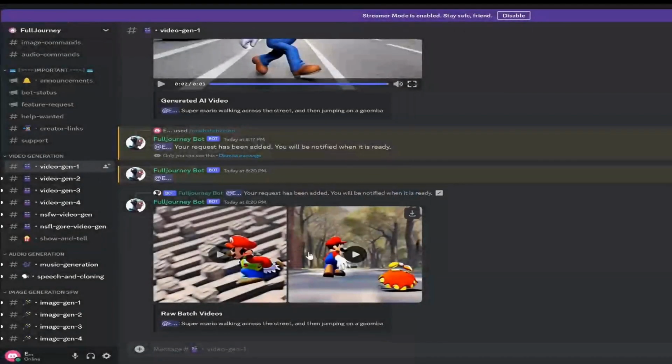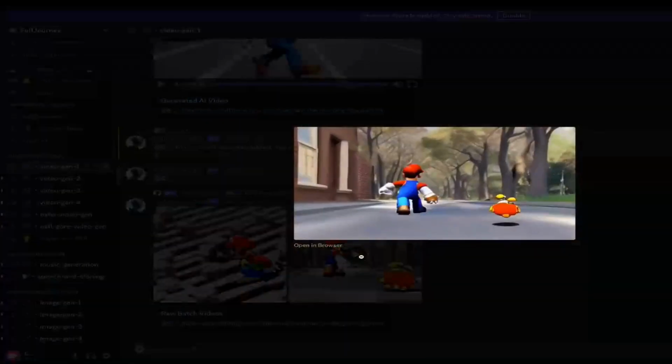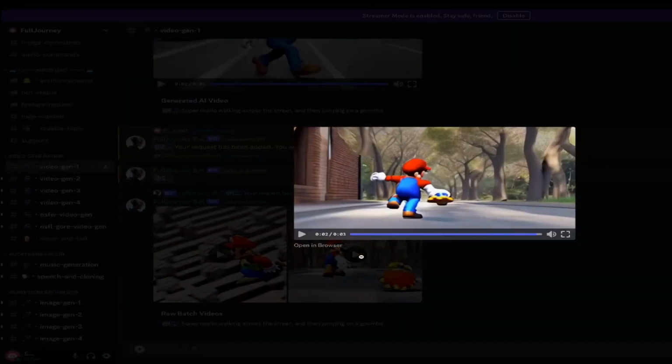But I think the cool thing here is these 2 videos have 2 completely different perspectives. This one has more of an isometric top-down view, where it looks like you can see kind of a bird's eye view of Mario running. Whereas this one on the right, it's from behind Mario and he's kind of running forward as if it's like a racing game or something like that. So I think that's a pretty cool touch. This thing can generate different perspectives like that.